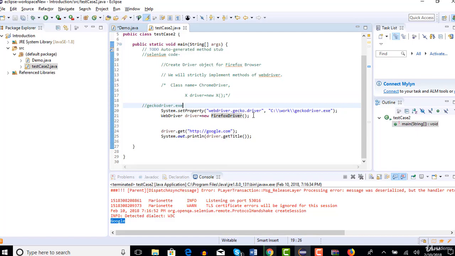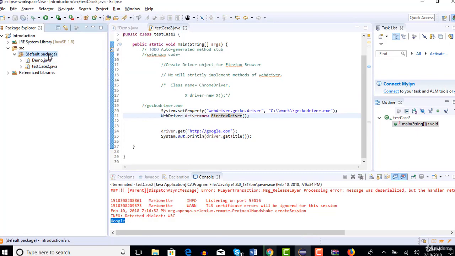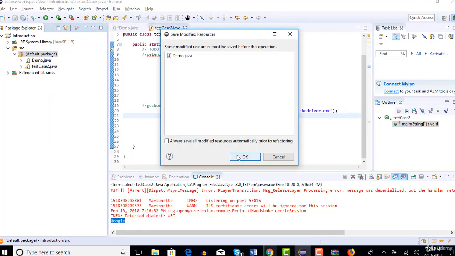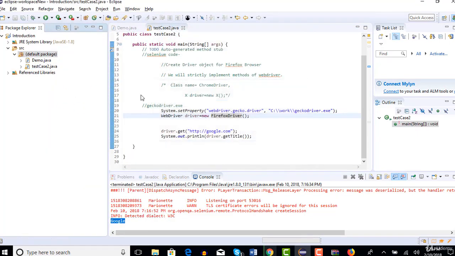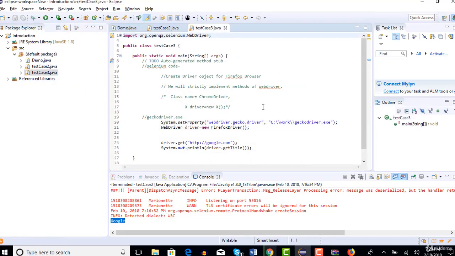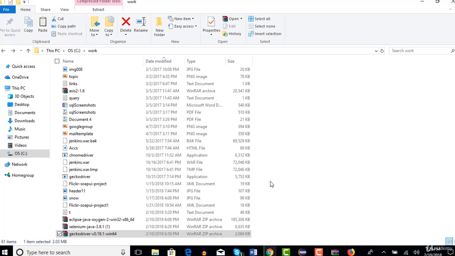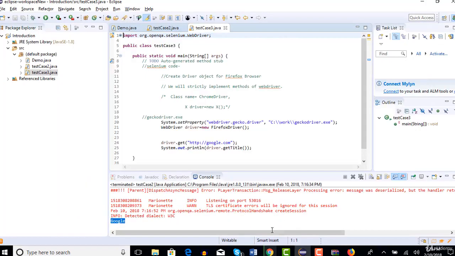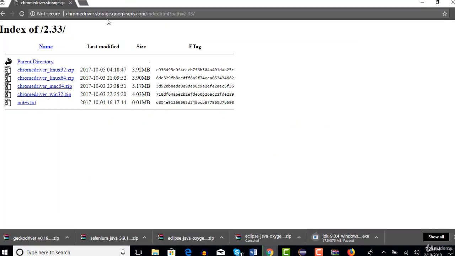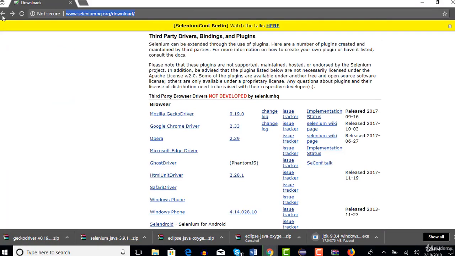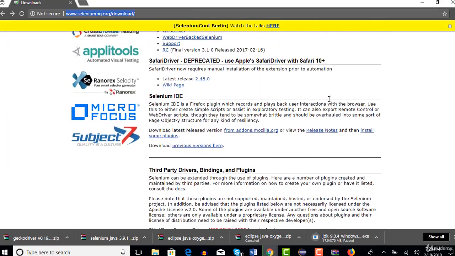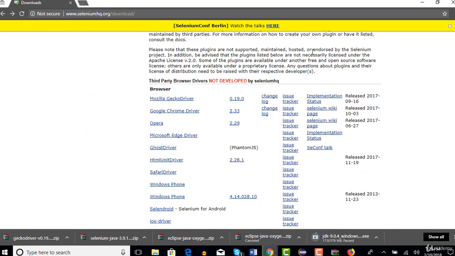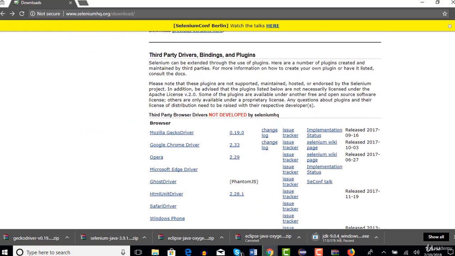So I can quickly show you how it works in Internet Explorer. I will copy this step and paste it. I'm creating one more test case, number 3, so that you have a clear idea on how to run tests in multiple browsers. It's very simple. Where are the docs? I know exactly what it is, but just for showing, I'm still going to that particular path, and it's just InternetExplorerDriver.